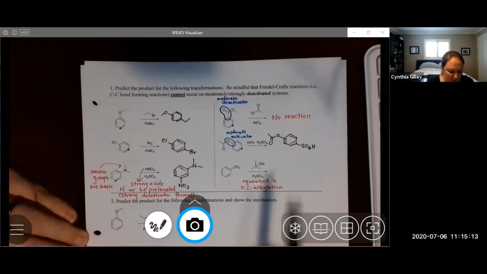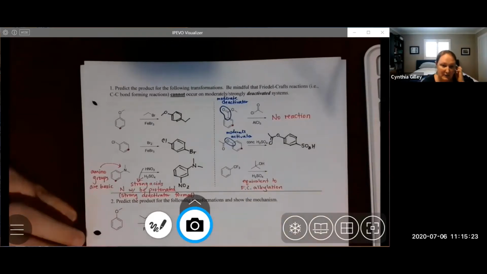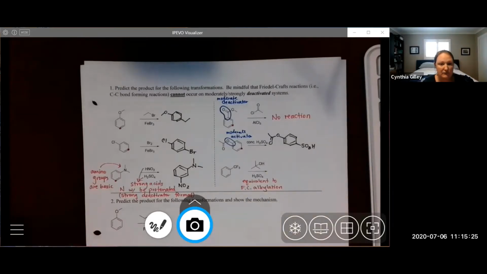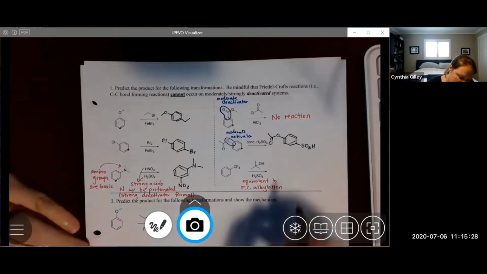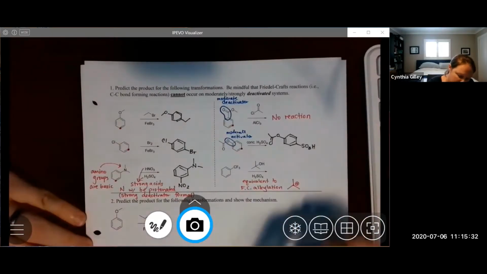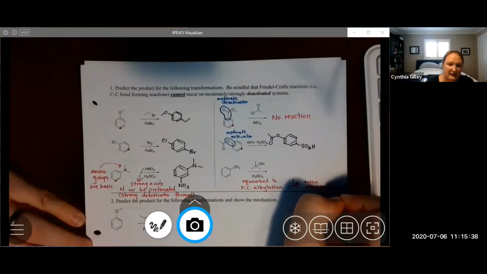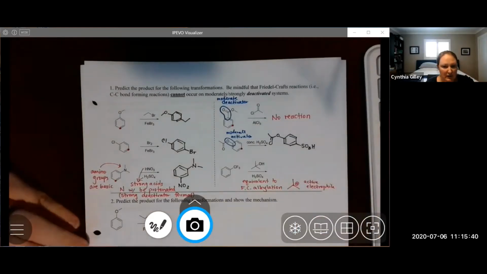But you can also form a carbocation from an alcohol with a regular acid, because it would protonate it and then that would leave as water to form a tertiary carbocation. So it's essentially the same carbocation. This is the active electrophile,